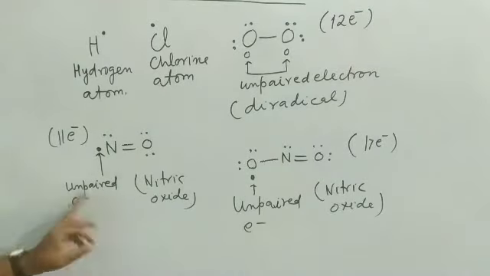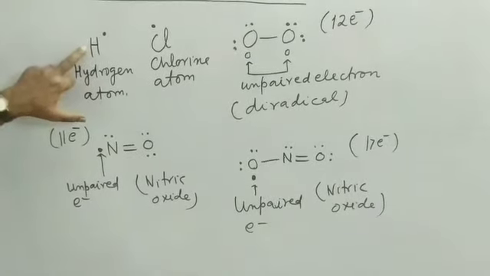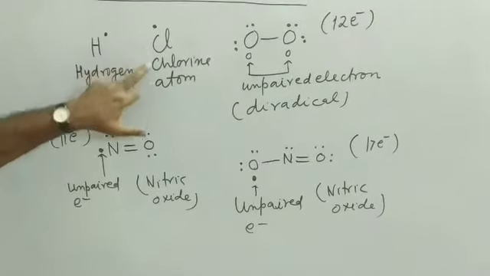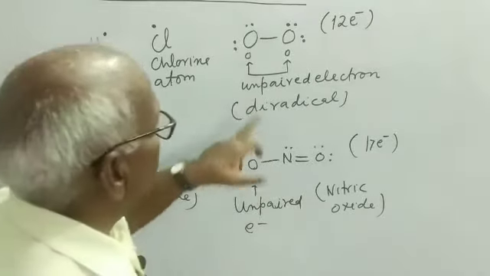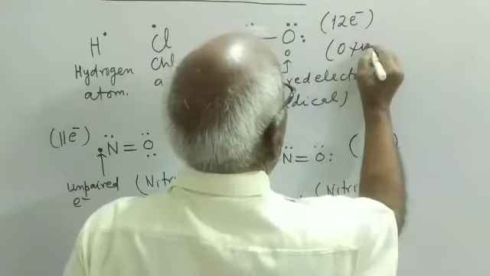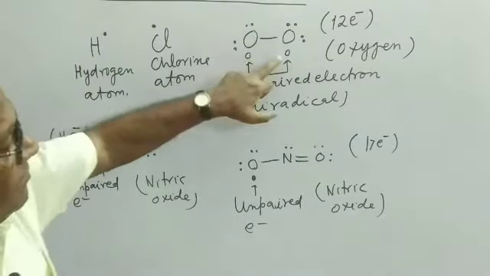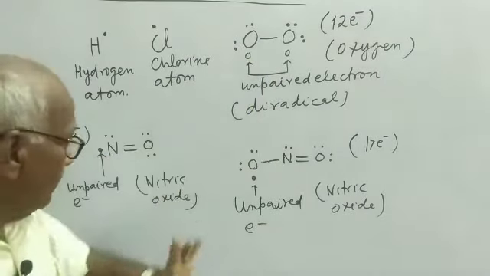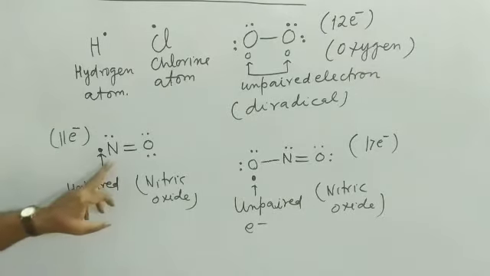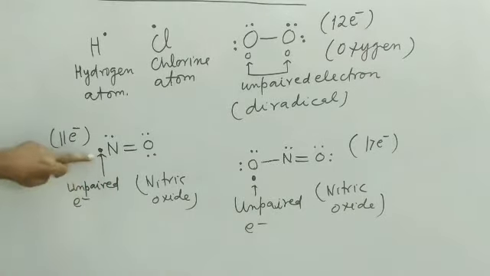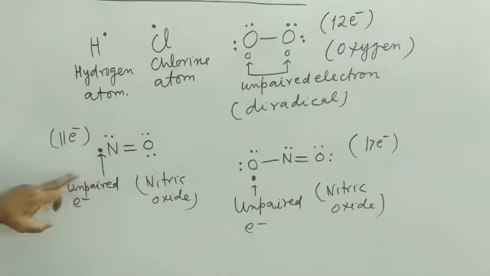They do not behave as reaction intermediates. We are concerned only with the carbon free radicals. So see here, hydrogen atom or hydrogen free radical same, chlorine atom or chlorine free radical same. This is oxygen molecule. Oxygen molecule in ground state behaves as a diradical. So these are the two unpaired electrons, so named diradical. In case of nitric oxide, nitrogen carries one unpaired electron, so it is a free radical. Its total number of electrons in nitric oxide is 11. Out of these, one is unpaired.